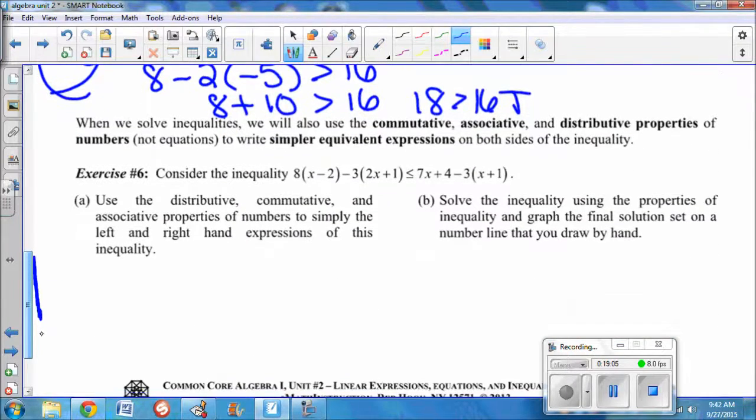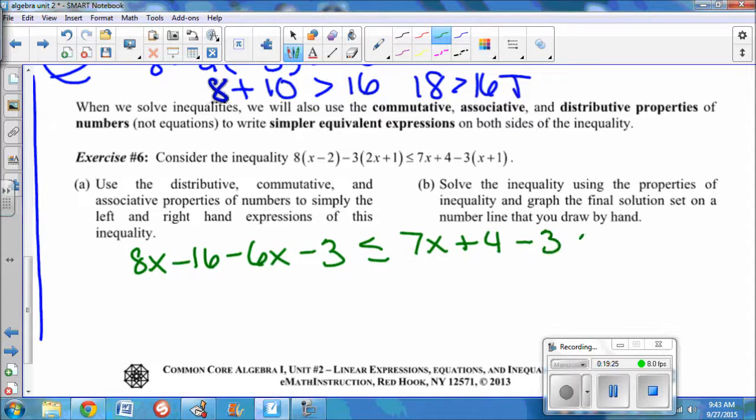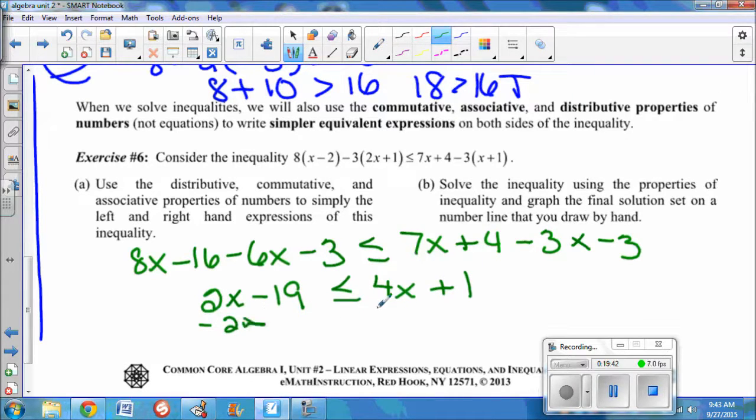Okay, and this last one, using all of our properties, if we solve this inequality, 8x minus 16 minus 6x minus 3 less than or equal to 7x plus 4 minus 3x minus 3. Wow, a lot of combining like terms to do. 2x minus 19 less than or equal to 4x plus 1. I'm going to subtract 2x from both sides. And I think I'm going to add or subtract 1 from both sides. I'm going to move things kind of all at once. Negative 20 is less than or equal